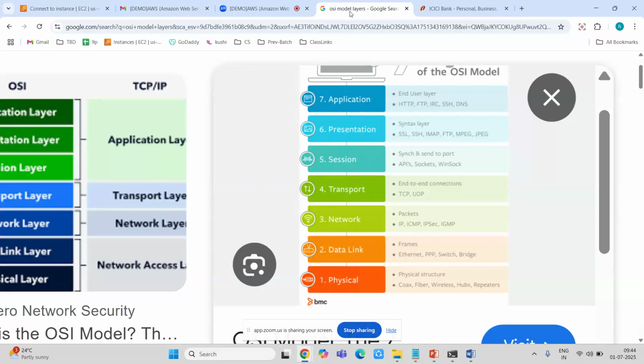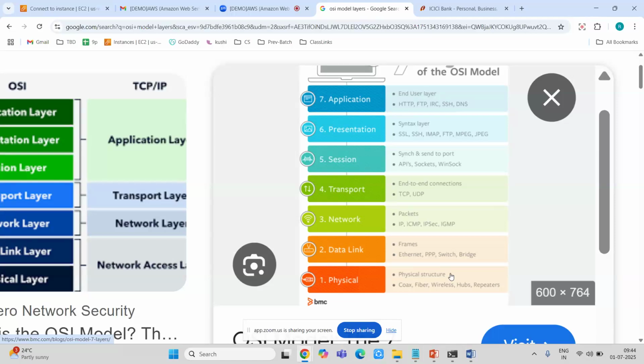In order to do that, in the physical layer we have fiber cables, wireless hubs, repeaters, wherein it's a physical environment. For example, if I need to transfer data from my pen drive to the laptop or to the mobile, obviously I have to connect it with some cable.